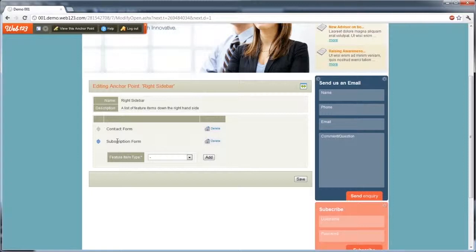So what I'll do is add just some new text into the sidebar. You'll see a drop-down menu here saying feature item type. This is where you can add new types of items into this particular sidebar. In this list I'll go for one of the options, which is feature text. Now this is only a short list of feature items. We've developed